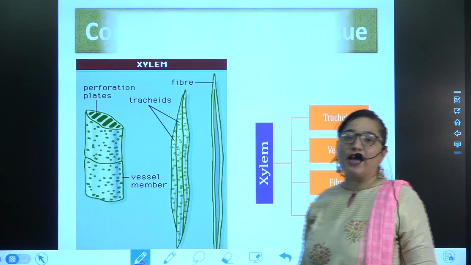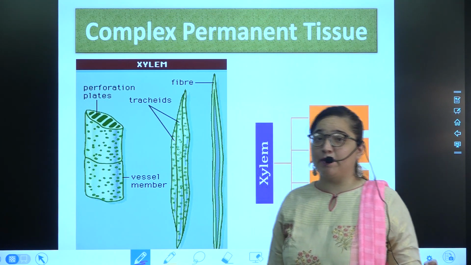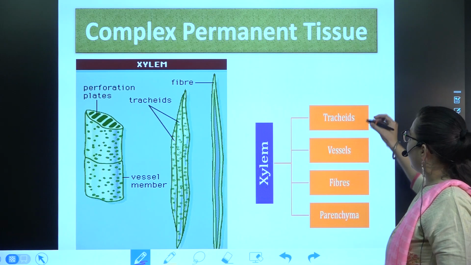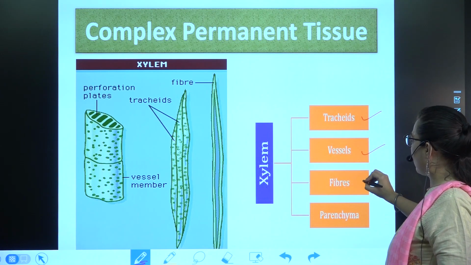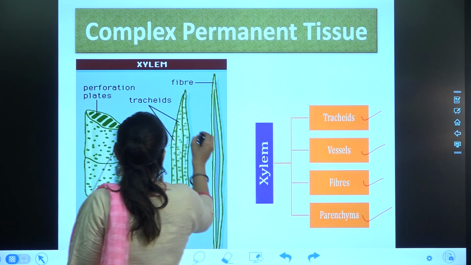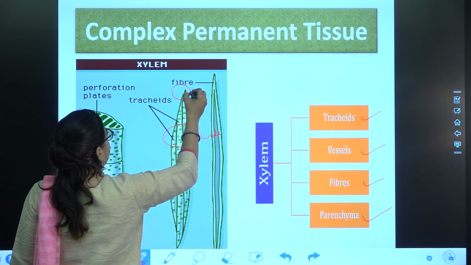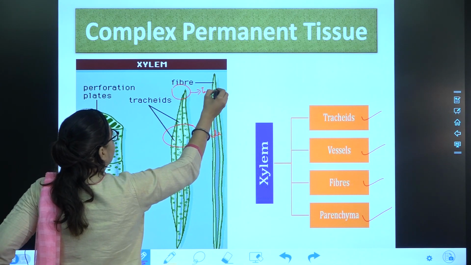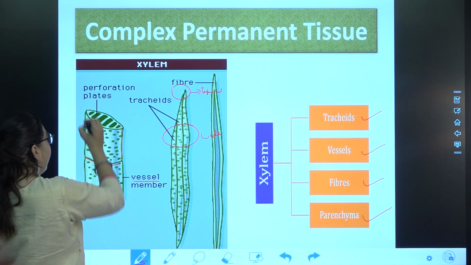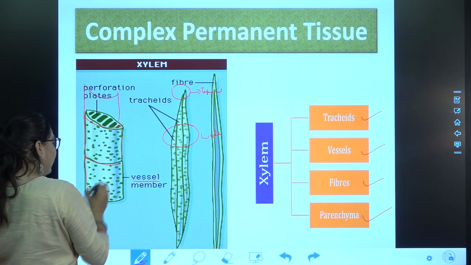It's a quick look. Now xylem. Again, we had already learned about xylem. In today's session, we are going to study the phloem and the protective tissue. This is what you already know: xylem tracheids, vessels, fibers and parenchyma. You can see how the tracheids are. The lumen is wide while the ends are tapered. If we talk about the vessels, then they are stacked one over the other, forming big rows like this.